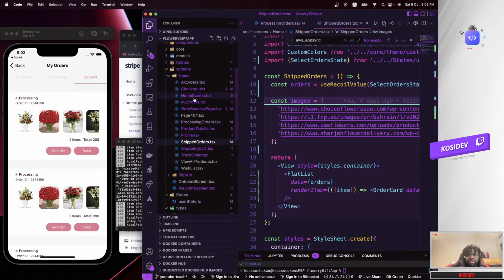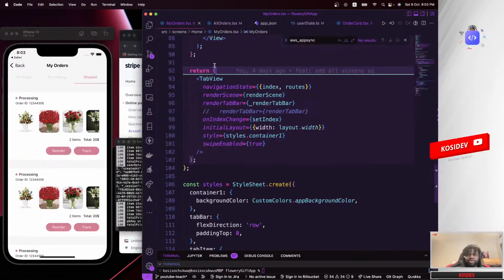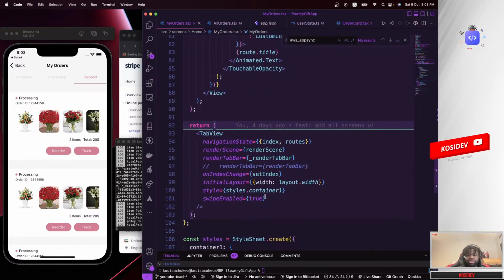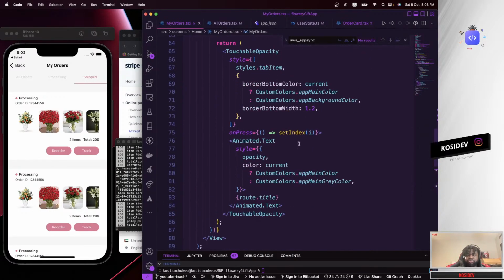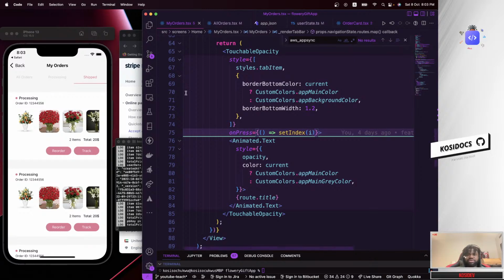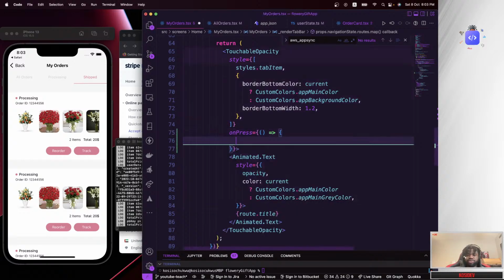So this my order page, head over to the tab view. We need to do some changes to the tab view, which we are going to do right here. Whenever we press on any of these item tabs, we need to update our record to show the appropriate data for each page. I'm going to copy that over. I'm not going to repeat the whole thing, so let's copy it over so you guys can see what I'm saying. Basically it's still the same stuff, just a few changes.